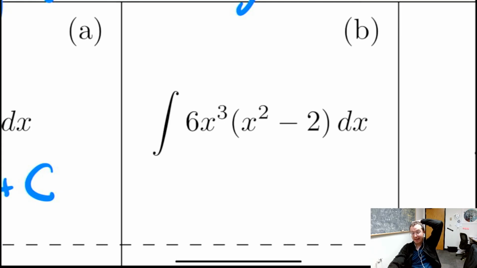This is definitely not method 1. I don't look at that and just know what the answer is. But method 2 is going to help here. If I distribute the 6x cubed,